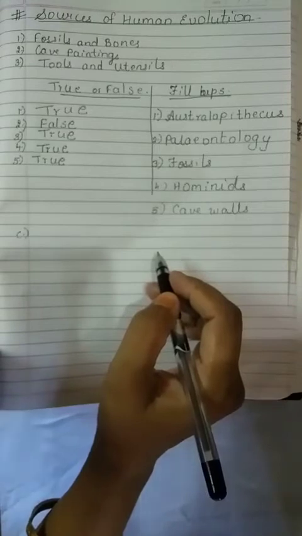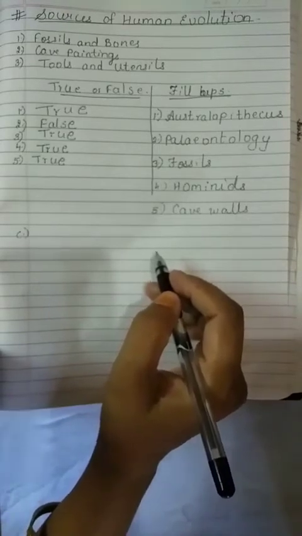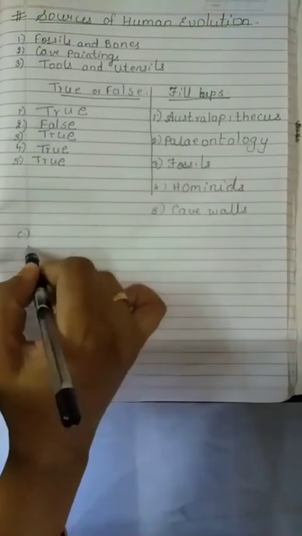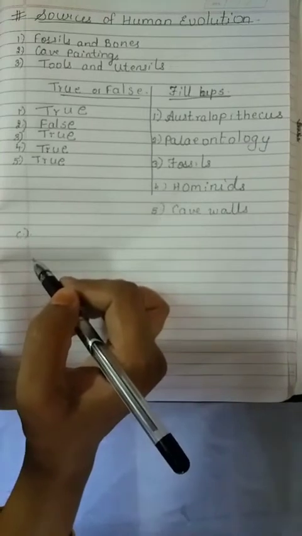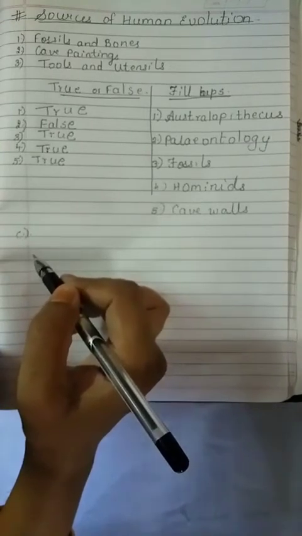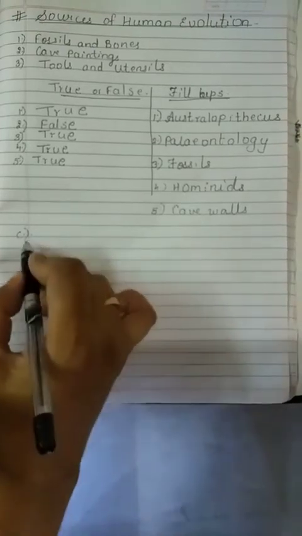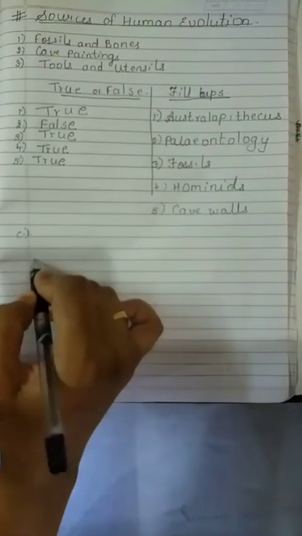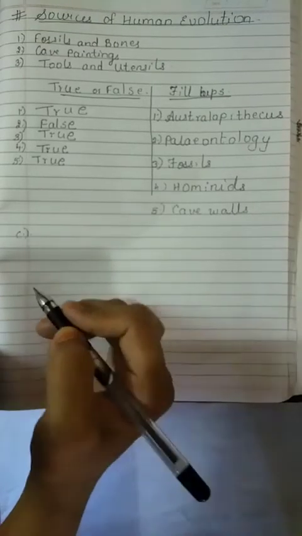Only you have to write the main heading. You do not have to describe it. Only one word. Put number 1, number 2, number 3, number 4 and the answer is complete. Okay? You just have to write the different stages of human evolution, 1, 2, 3, 4. Finished. Now, question number 4.